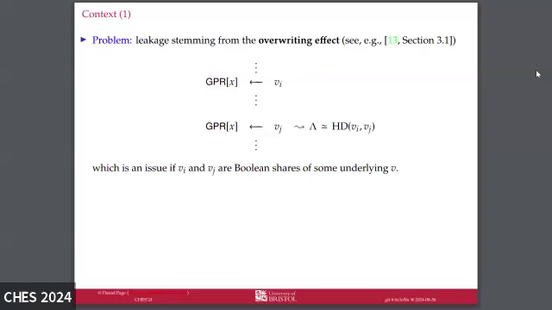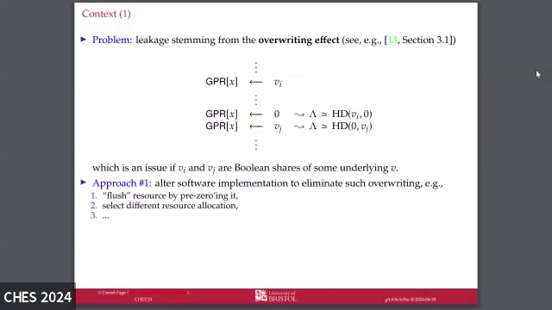Anyway, you might look at something like this, and because it's relatively simple to explain, you just say, well, yeah, the answer to this is kind of easy, just don't do that. There's various different ways you can not do that, of course. One is that you can try to flush the resource before you make the second assignment. So you kind of pre-zero the register in this case, so that the second write is overwriting a 0 rather than the first value.